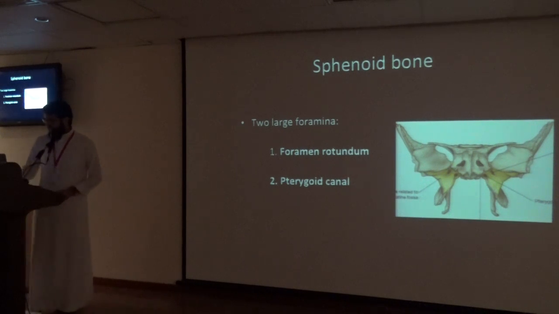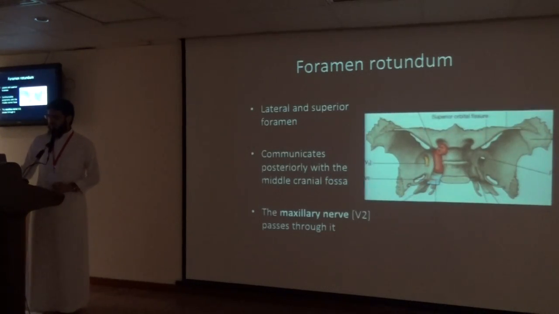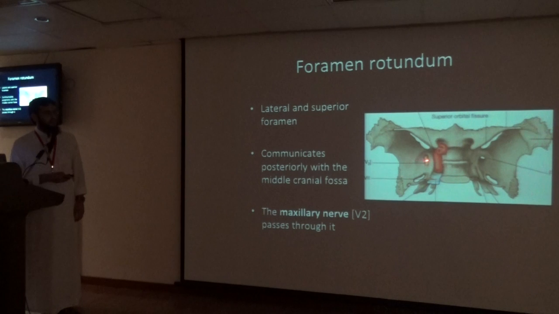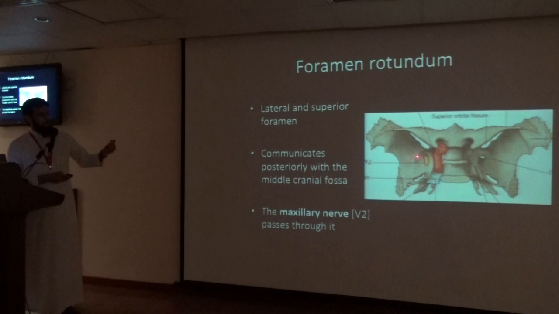The median nerve, as we know, transmits the maxillary nerve and communicates the pterygopalatine fossa with what? With the middle cranial fossa. And this is the occipital view. You can see the carotid from the occipital view, the anterior clinoid process, and the V2 coming through the foramen rotundum this way and going to the middle cranial fossa to meet the V1 and V3 and